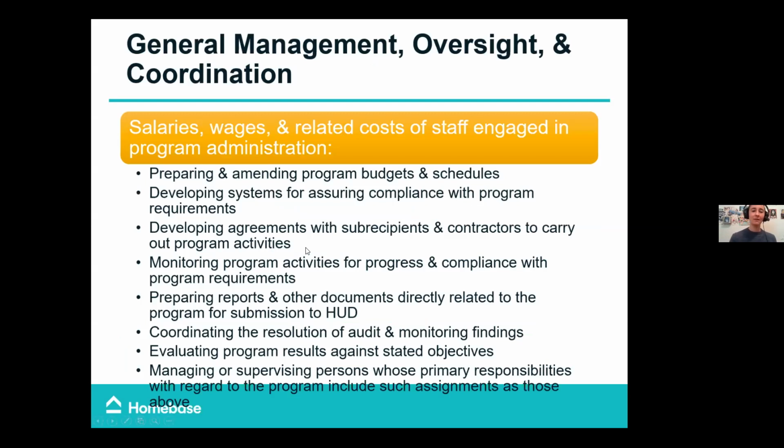Okay, so going over these a little bit more, you can see general management oversight and coordination. Again, that sounds very much just like overhead. And it is a fairly long list of things, but it's a specific list of things. And what you need to do when you're figuring out what to put in that admin cost bucket is compare the specific costs that you want to be charging under admin to this list of eligible direct admin costs. If you have questions about that, again, you can reach out to us and we can go through your list of costs and do a little analysis of what we think fits